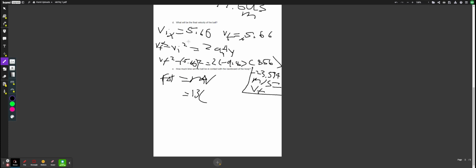So that's the scenario we're going to use. The ball hits the backboard and stops for that split second. So the change of velocity goes from negative 23.574 to 0. So the change of velocity is 23.574. And force, how do we calculate force? Force is equal to mass times acceleration. 1.3 is the mass, and the acceleration